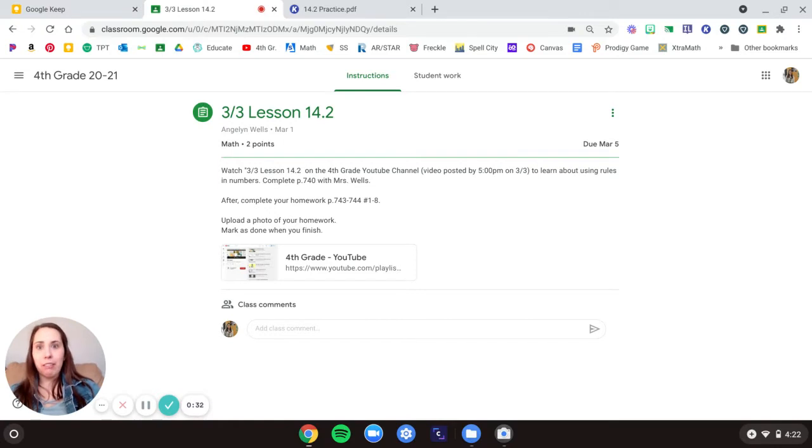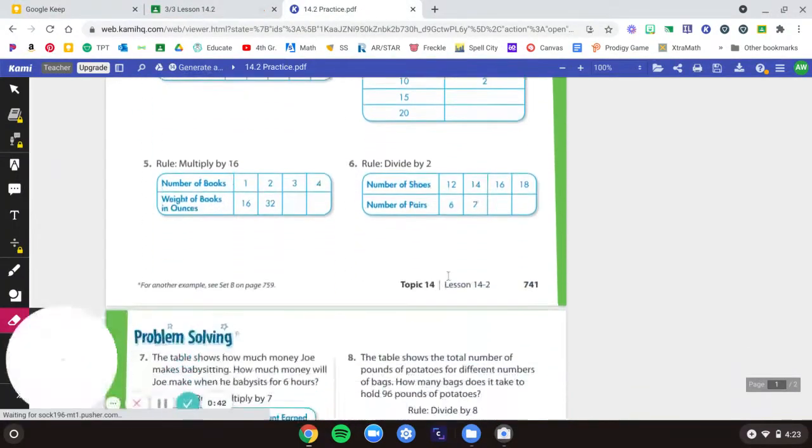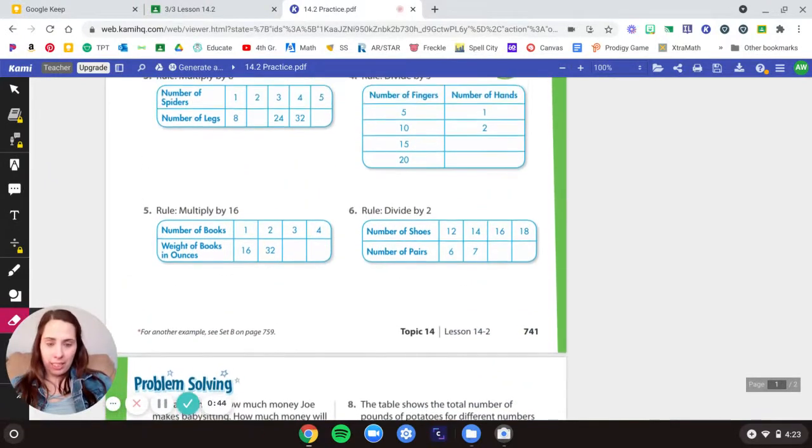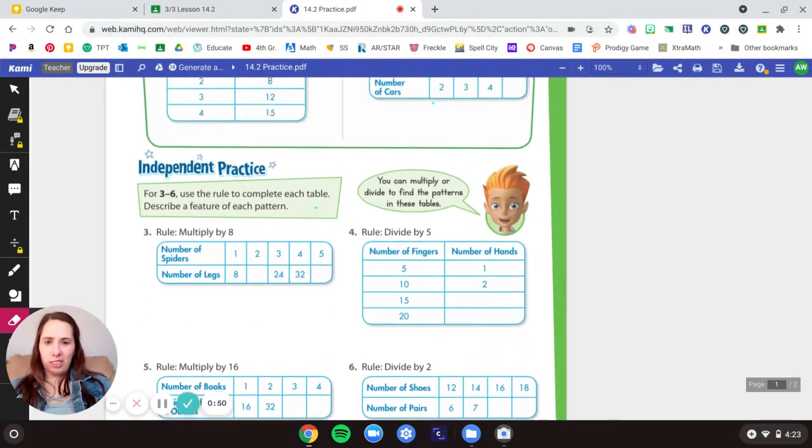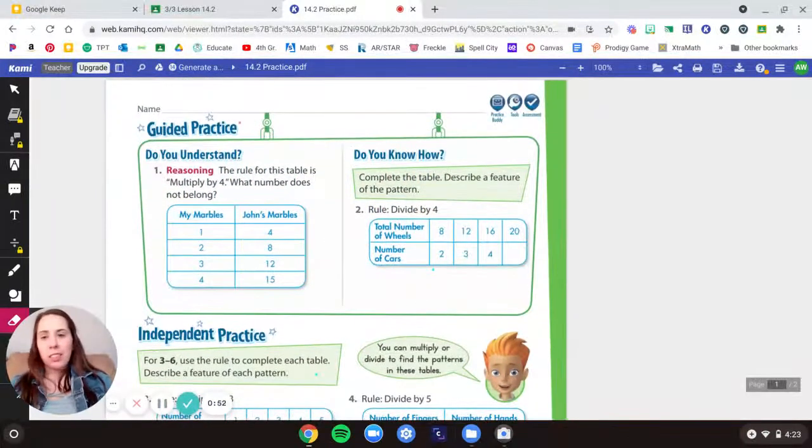Luckily, I saved a PDF of the pages that we were going to do, so we can use that. Thank goodness for that. So, let's look at page 741 in our book. I know it says 740 on Google Classroom. I just realized we're going to do page 741 together, okay? All right, so